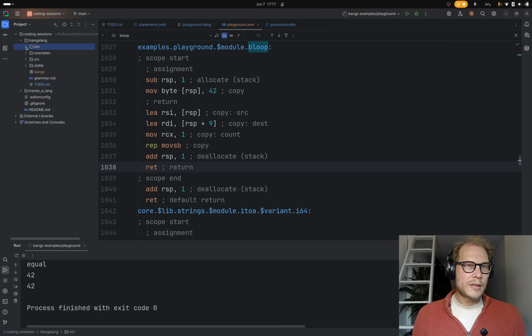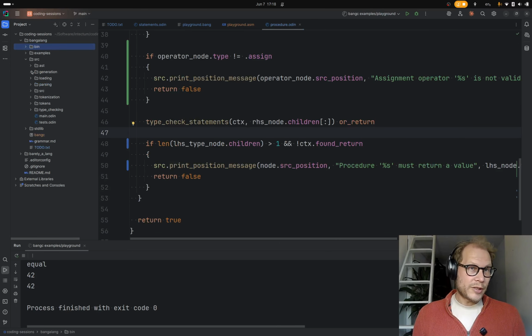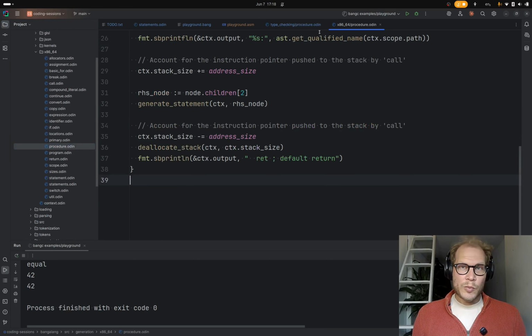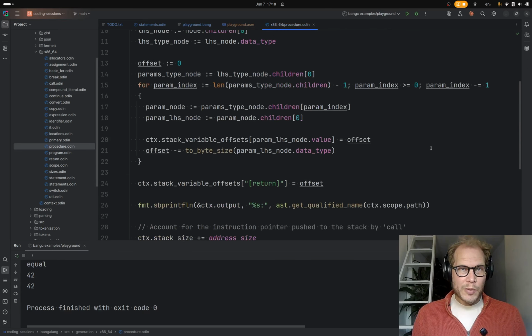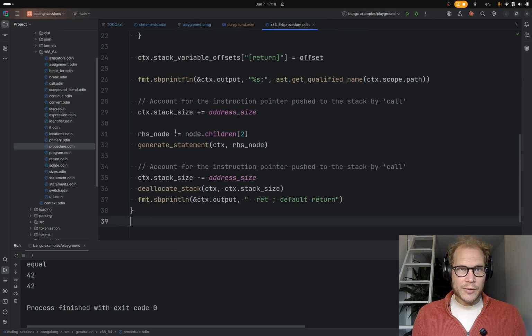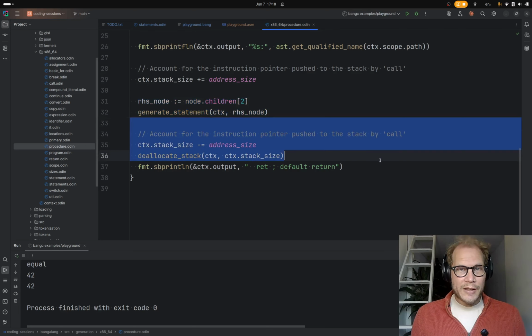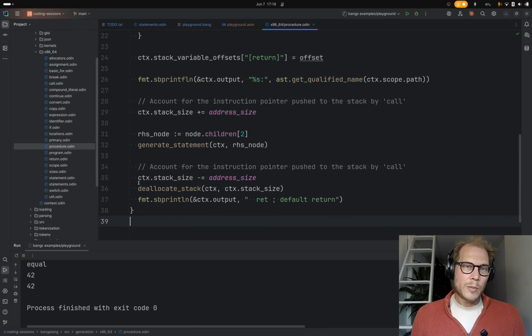So I think this is in the generation of the x86 procedure. We don't go into generation much these days. But yeah, this is at the end. So we generate the body. This statement is the body of the procedure. It should be a scope. And then at the end, we add this default return. This deallocation,